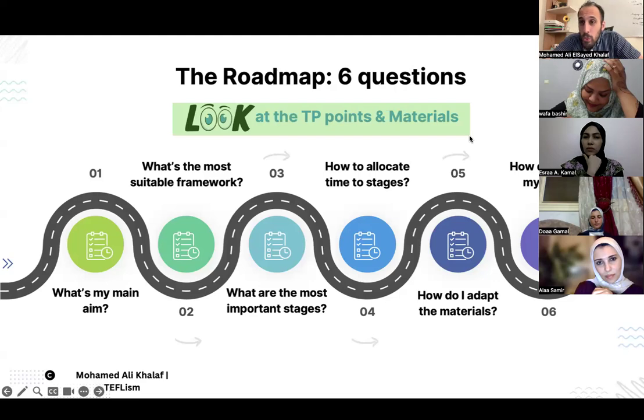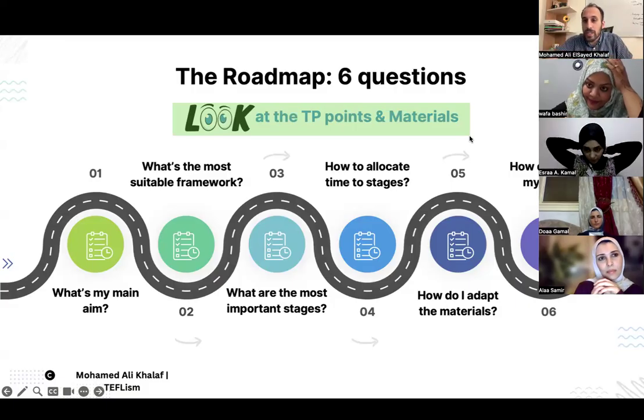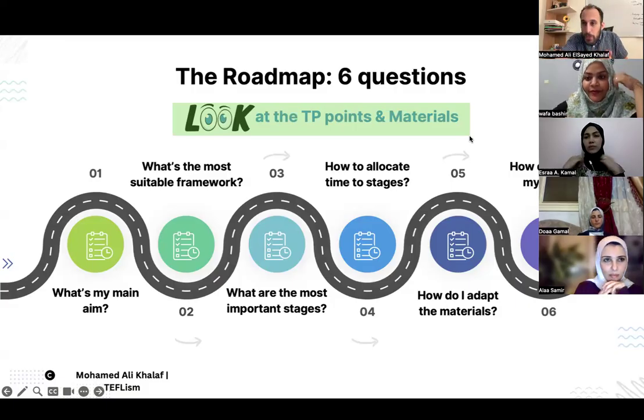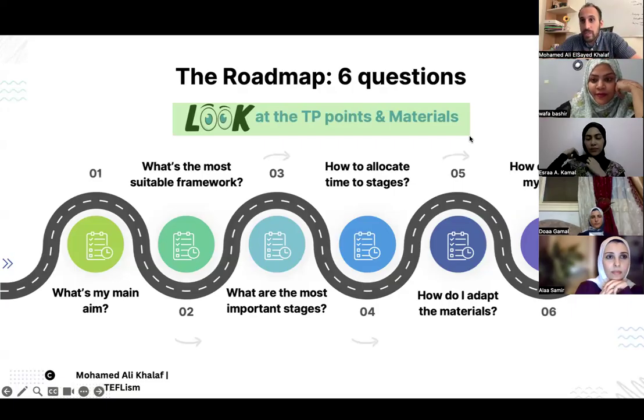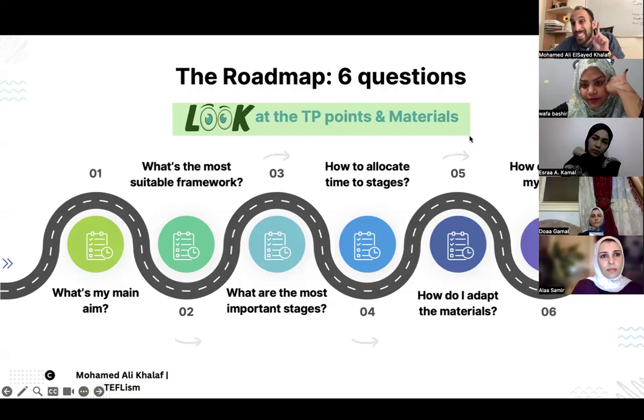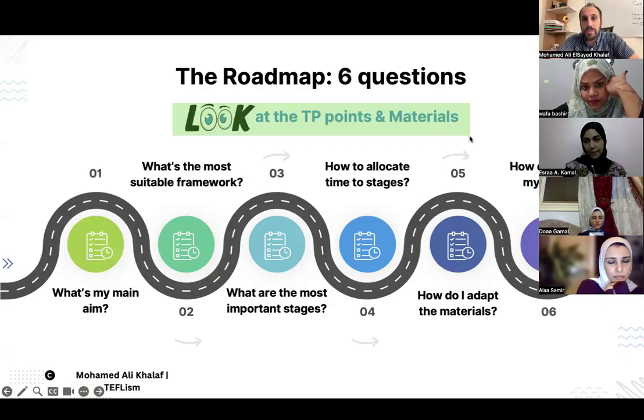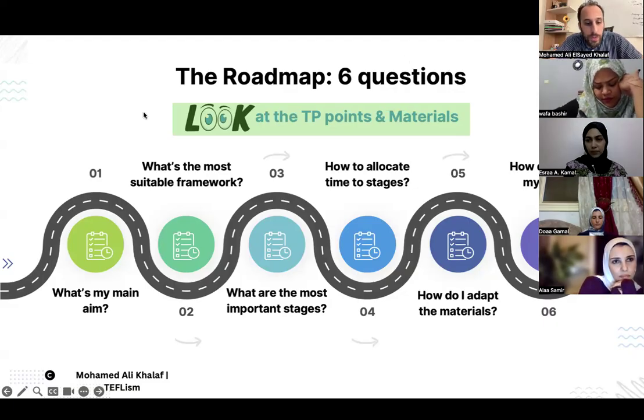So that's the first step, to look at the TP points and the materials. At TEFLism, we provide you with the TP points. We give you the summary of the lesson you are going to teach, and we give you the book you're going to use during the teaching practice. So that's step number one, TP points and materials. Once you look at both, you need to ask yourself these questions.